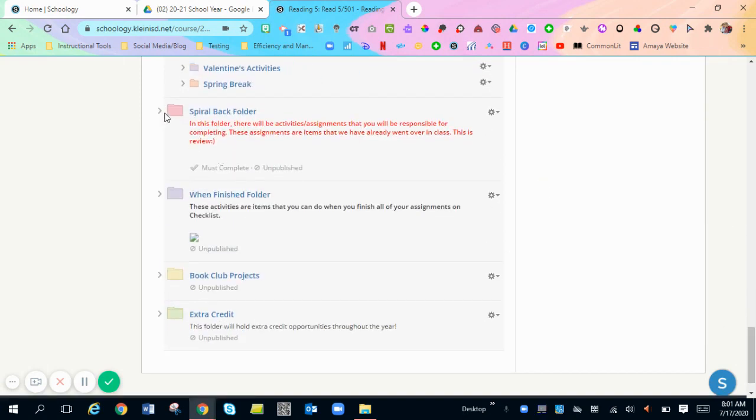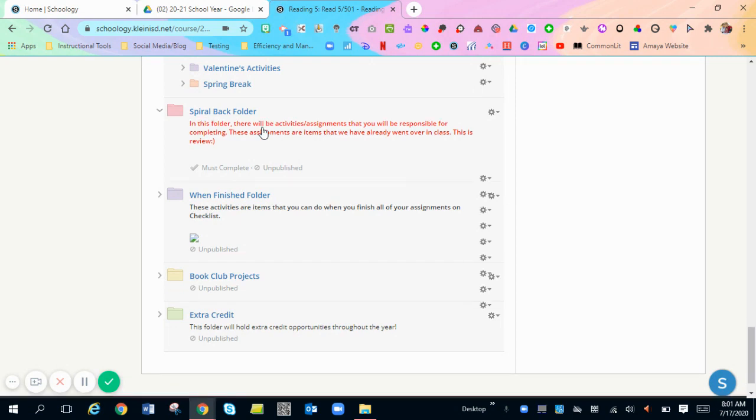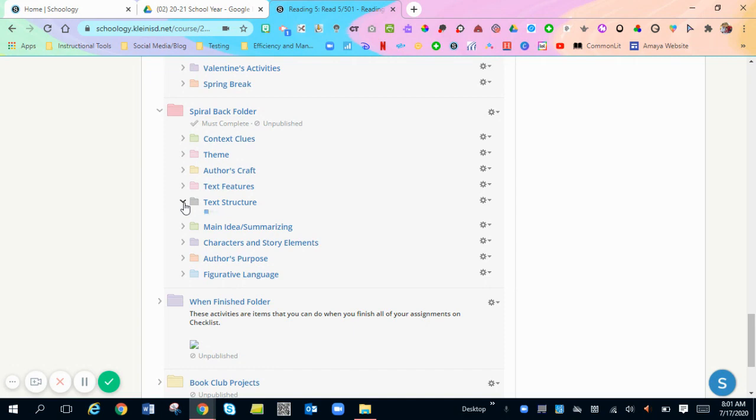Then we had a spiral back folder. Starting in January, we wanted to spiral back on learning objectives that we've already taught. This would give more of a review for those students that needed those folders based on the learning assessment that they took in October. Based on those, we were able to individually assign the top 9 or 10 learning objectives that they needed. And inside of each of these folders would be some sort of activity, maybe a video